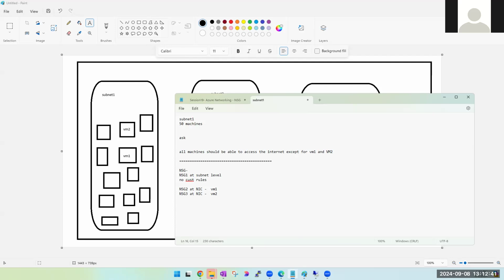Actually, in whatever Razak bhai said, with a little amendment, NSG2 is sufficient for both VM1 and VM2. So you are at the NIC creation level. NSG1, which you are applying at subnet level, where you are not creating any custom rule, right? Then you're creating NSG2, where are you applying this? At NIC level for both machines, VM1 and VM2. Are you sure you can apply one NSG to two NICs? Yes. Okay, what next? Any custom rules?